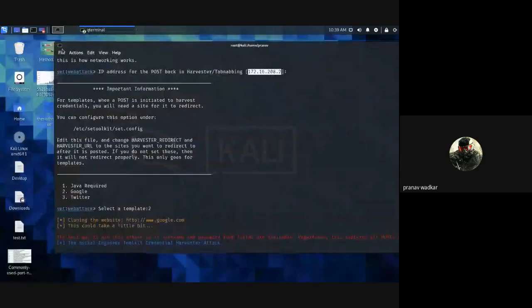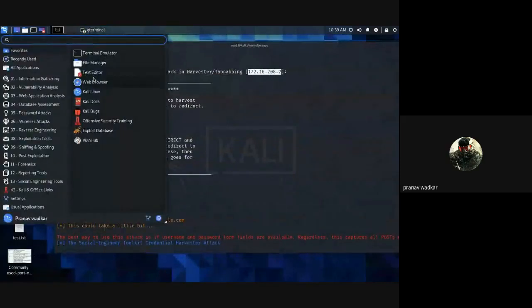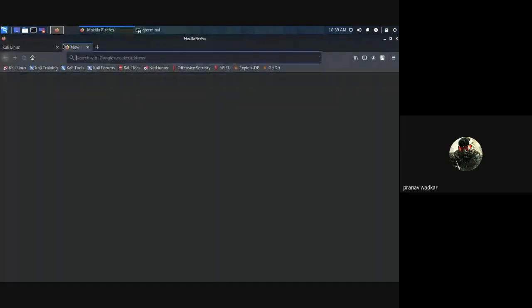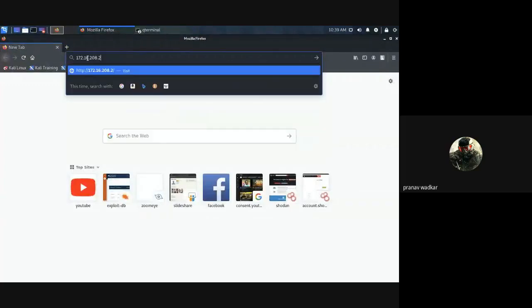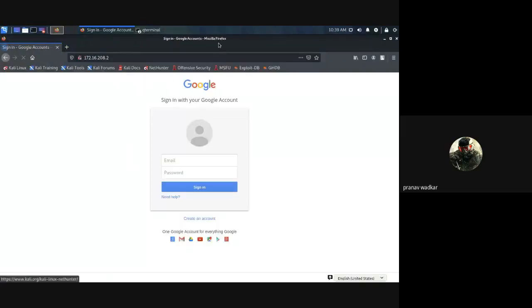Sorry, accidentally closed that. I will simply paste my IP in the search box. You can see there is no difference between the original sign in page of Google and the one I have created.